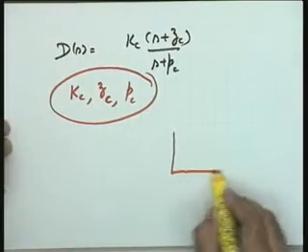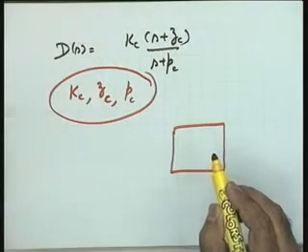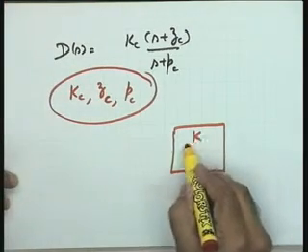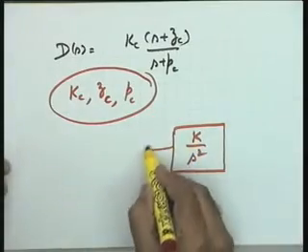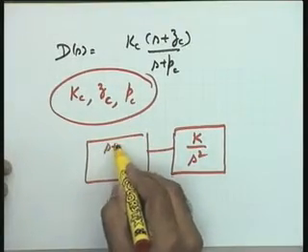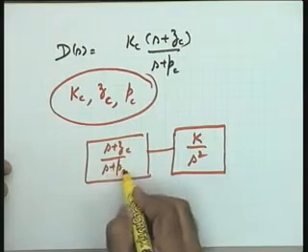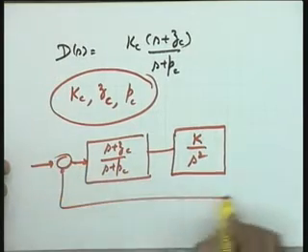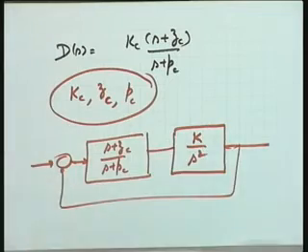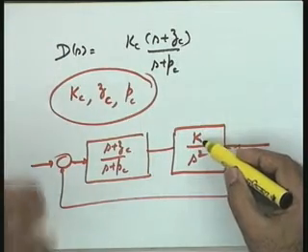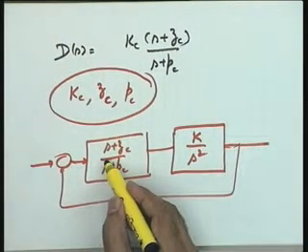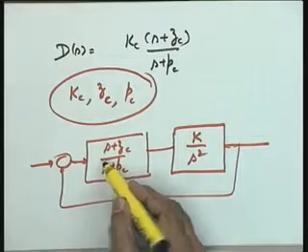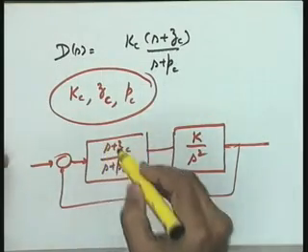You see, I say that the plant, only from the point of view of the steps in the design procedure, is given by K by S squared, where K is an adjustable gain, and the compensator is given by (S plus Zc) over (S plus Pc). This is the structure I take as far as the design problem is concerned. So it really does not matter, because if the plant gain is fixed, whatever decision on K you take will naturally be implemented by a suitable amplifier or an amplification stage in the compensator itself.